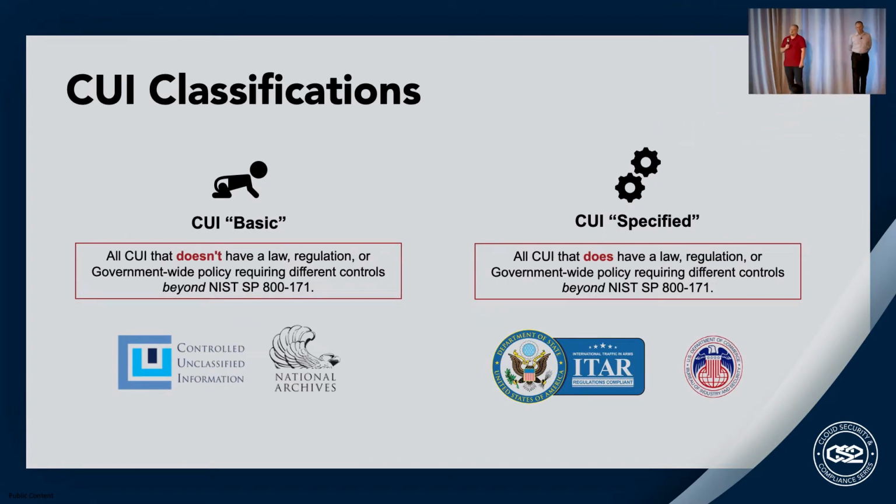So CUI classifications, again, this is a little bit high level. This is straight from Jacob. I stole this from one of his slide decks previously. But there's 2 main categories that we like to talk about in relation to CUI. There's CUI basic, which requires NIST 800-171 controls as in part by DFARS 7012. And then there's also CUI specified. So CUI specified is going to be things above and beyond just the NIST 800-171 baseline to configure those systems,